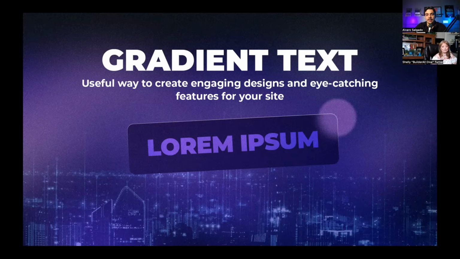As a designer, I think this is one of the coolest features, because not only does it make your website look really good, but it saves you a lot of time. Before having this option, whenever we wanted to make a different headline or some different text on the website, we would have to go to Photoshop. We would have to Photoshop the text, save that image as a PNG image, upload it to the website, and then maybe adjust it for the mobile or desktop version. And that right there saves you 20, 30 minutes. So this is a really cool feature.